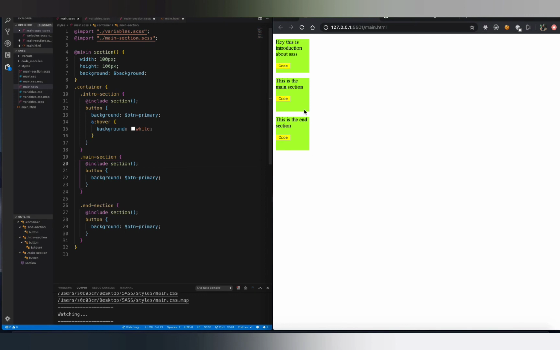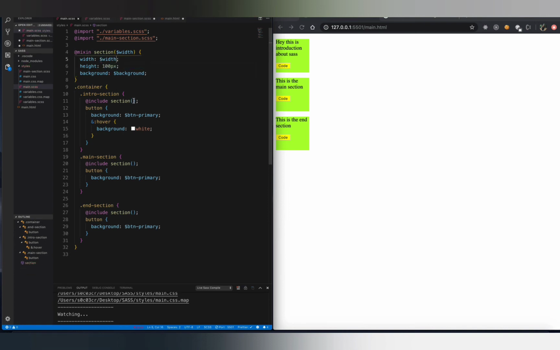But we have one problem, that the width of the main container was much more compared to your first and third container, right? So that means our section, the mixin section, should basically take an argument, which is the width, and whatever is passed as the width, that should be the width of the container. So instead of saying 100 pixel, I'm going to say width. So this is going to come as an argument.